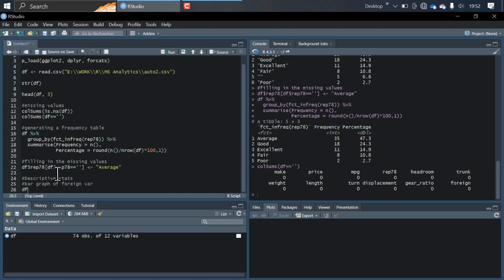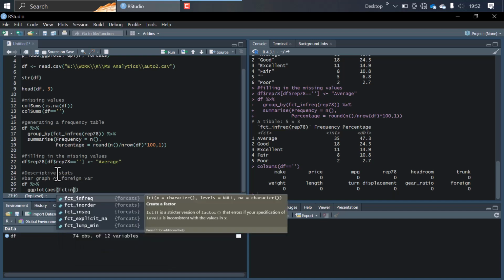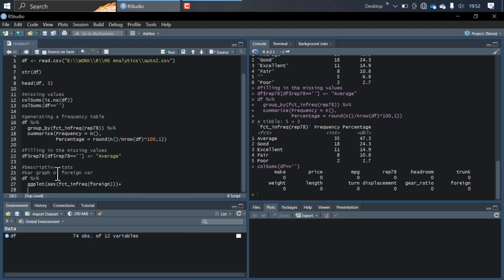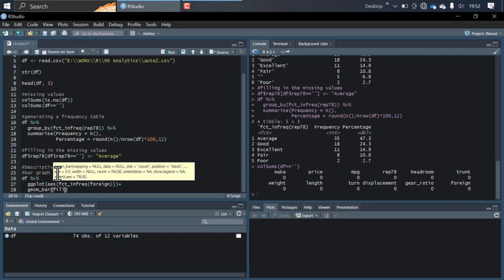So df, we shall pipe it with the ggplot function, and the ggplot takes in different parameters like aesthetics, and aesthetics shall be arranged in ascending order using fct_rev in frequency, passing the variable name, which is foreign, and we shall add on the chart type using the geom function, a bar chart, and we shall fill the bars with the light